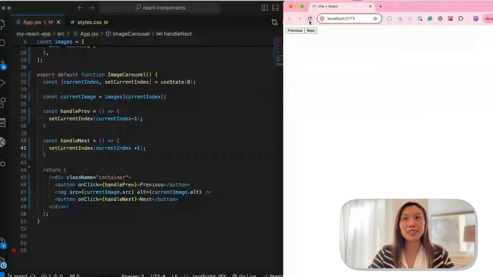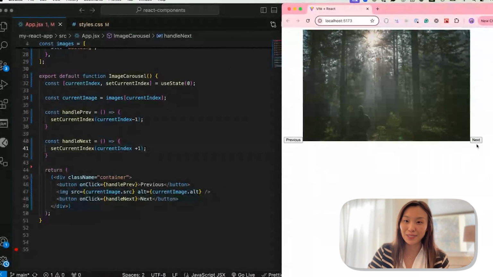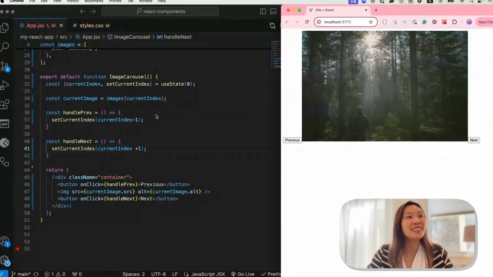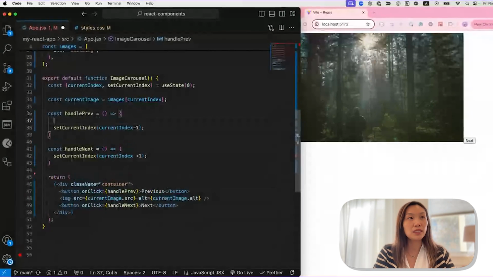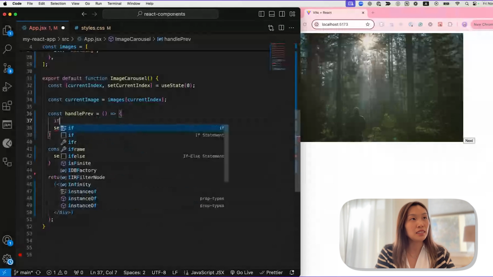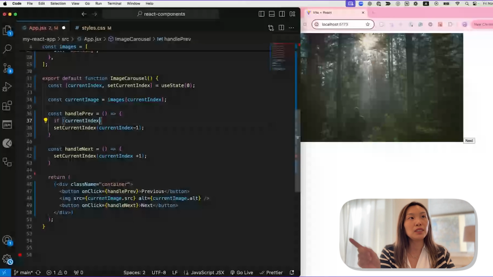So I think, you told me that if we go to the end, you want to loop back to the front, right? Yeah, exactly. It should cycle. Let's just do that then. So let's think. If the current index is in the beginning, you want to go to